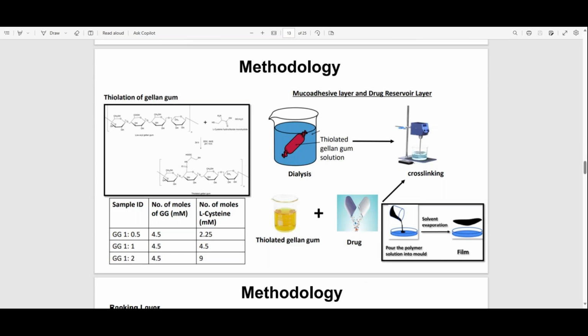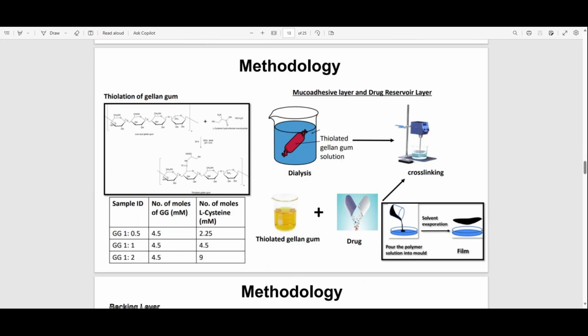And when we have thiolated the gellan gum, we have used different feed ratios of the polymer and L-cysteine so that we can introduce different ratios of thiol moieties onto the polymer, and after that we have